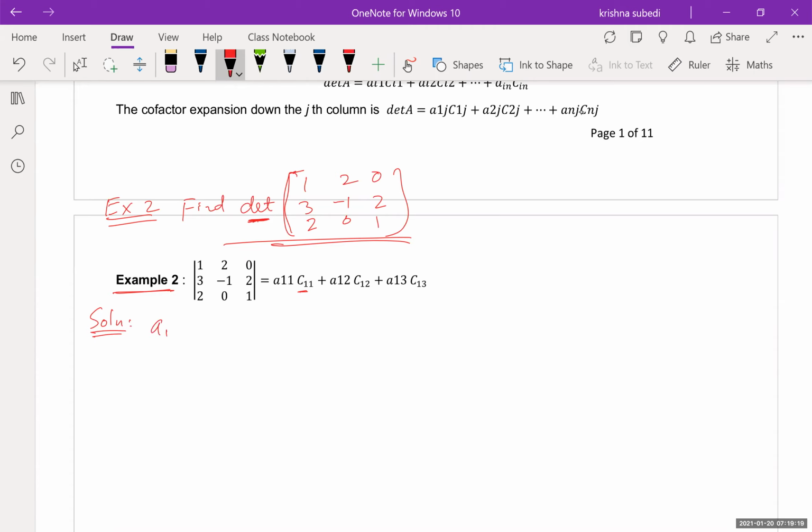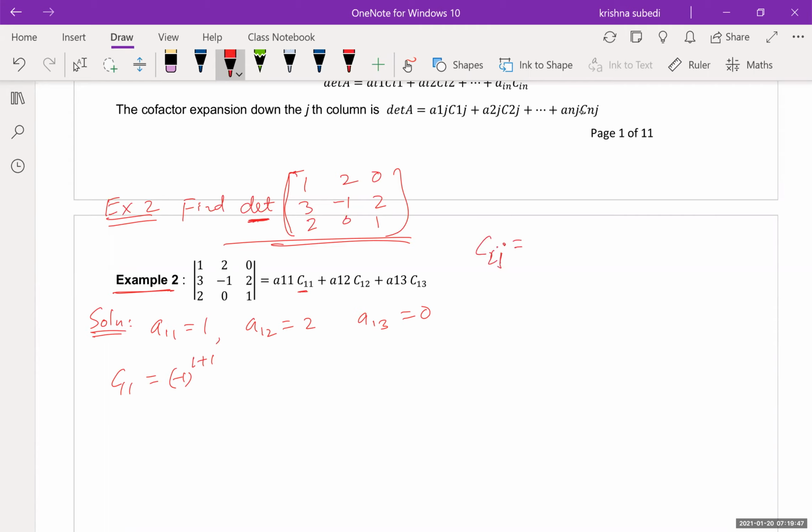So what is A11? You already know, which is 1. So that means first row, first column, A11 is this. A12, which is 2. A13, which is 0. C11, cofactor. We're talking about cofactors now. Cofactor means always negative 1 power 1 plus 1. Okay, remember the formula. C11